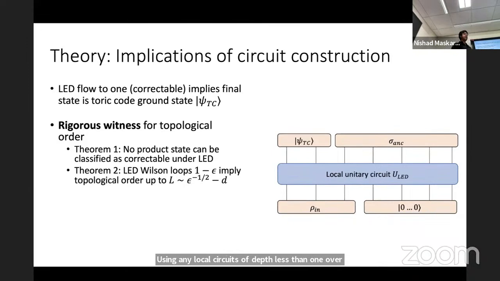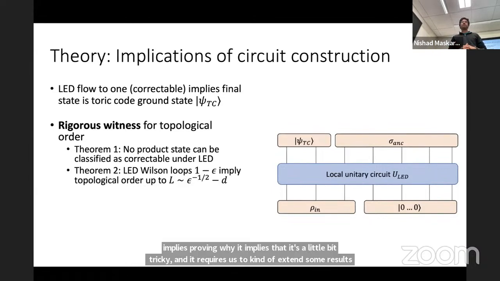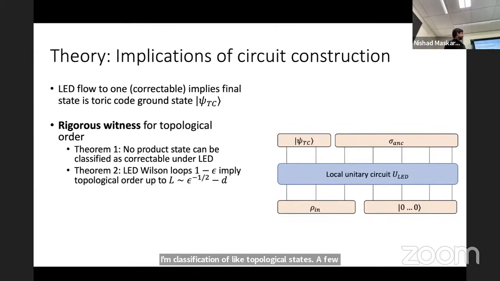And actually proving why it implies that is a little bit tricky, and it required us to extend some results from Ha on classification of topological states from a few years ago. And then the minus d comes from the fact that this local unitary circuit can further spread things out by some distance d. This also shows you why, when we were looking at these X loops, we couldn't